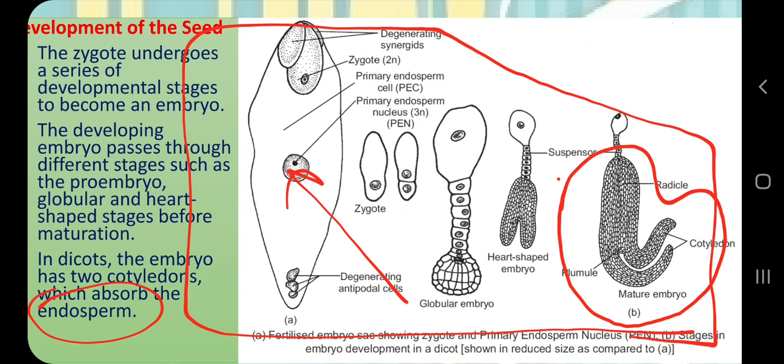And let me briefly describe one more thing. In the case of grasses, grains, cereals, or monocot plants, there will be one cotyledon in the embryo. There will not be two cotyledons, and that is why they are monocots. So monocots will consume the endosperm for their development for sure, but they will conserve the endosperm as such for the seed development.